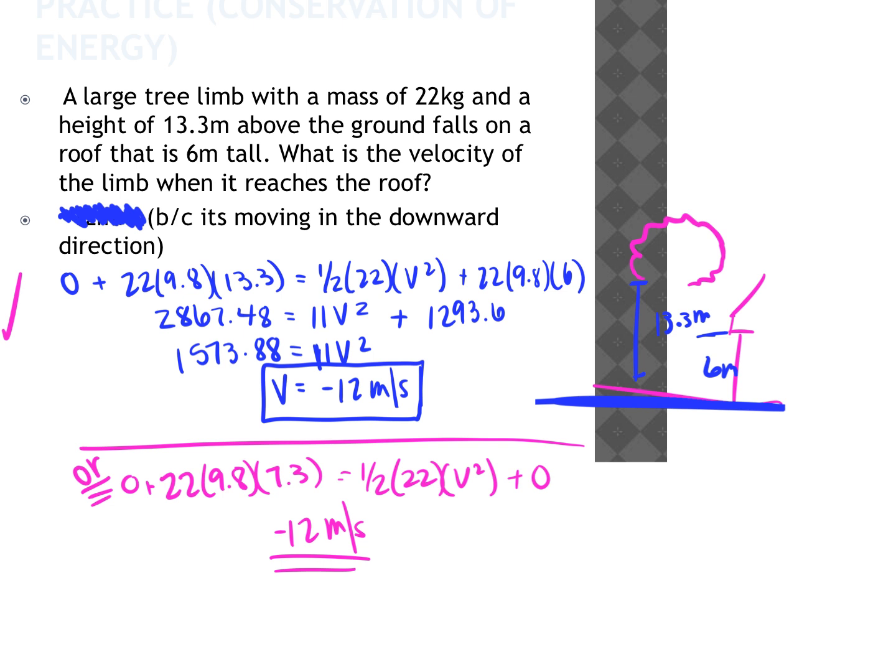So I moved my reference to be the roof height, and so then I really didn't need the 6 meters except to know that that was the difference in my height value. So there I put it, my original height is this, and then final, I didn't have any potential energy because I'm on the ground at that point. So you can do it either way. Questions with that? Yeah, go ahead, Mary. Why did you put potential